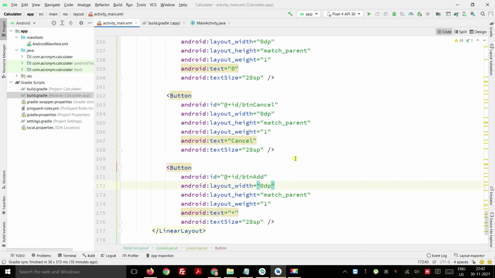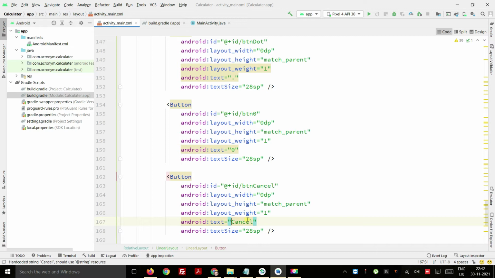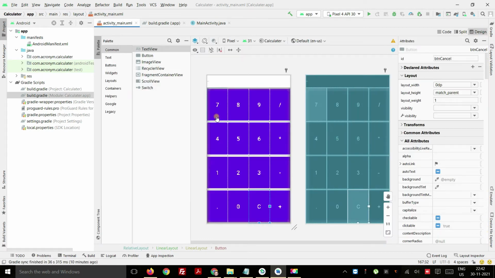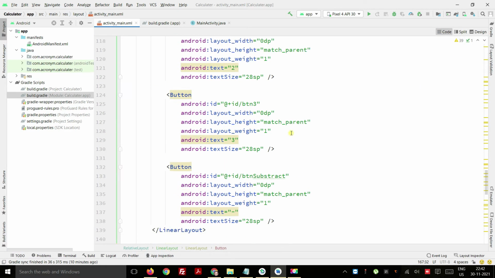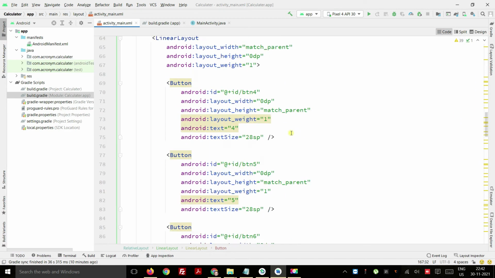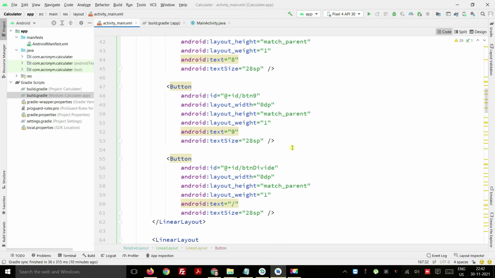I will remove this cancel completely so that you can simply see it, as you can see here. Now we have these backgrounds, and we can change these background colors into different colors. We can simply do that, we will see that, okay.